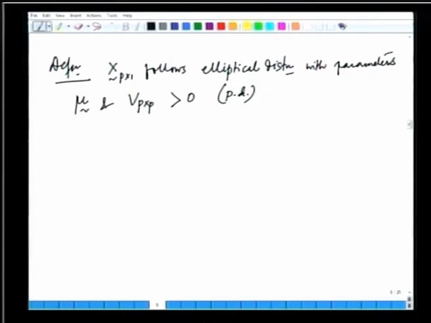So, we say the random vector follows an elliptical distribution with parameters mu and V if its PDF is of the form